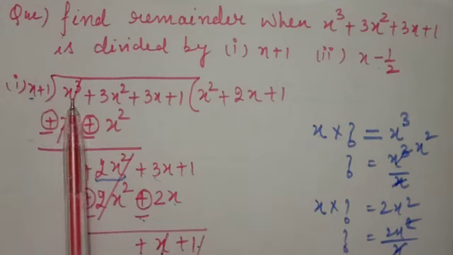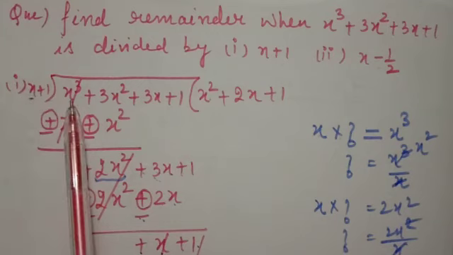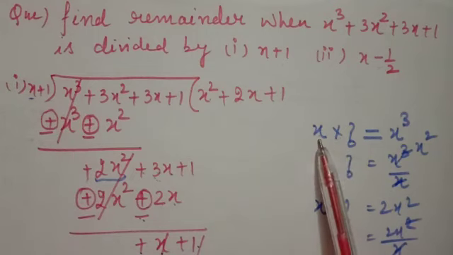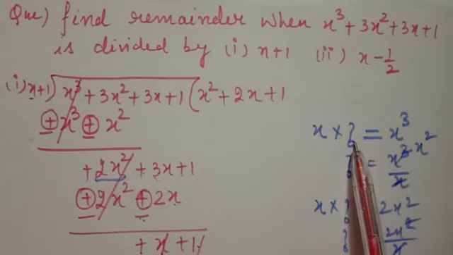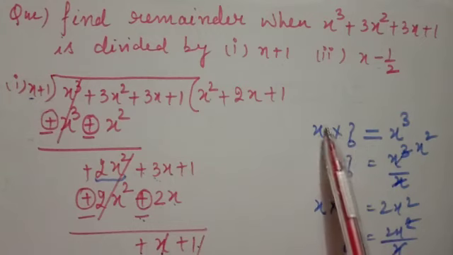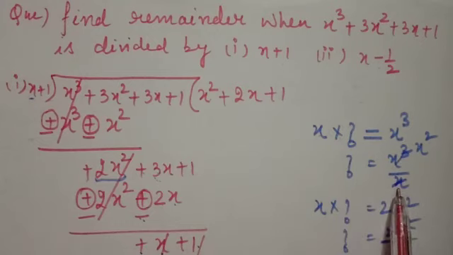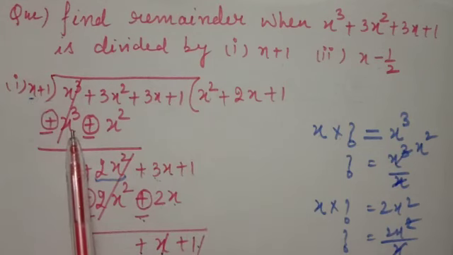So first of all, the rule of this division is we want x cube and we have only x here. So by what number should we multiply x to get x cube? We have a shortcut method. We will write like this: by what number should we multiply x to get x cube. Now we will apply our method. We want this number only, so we will shift this number to the other side. Here it is in multiplication, on the other side it will be in division. When x is cancelled with x cube, x square is the result, so we have to multiply by x square. So we put here x square, which multiplied with x gives x cube.